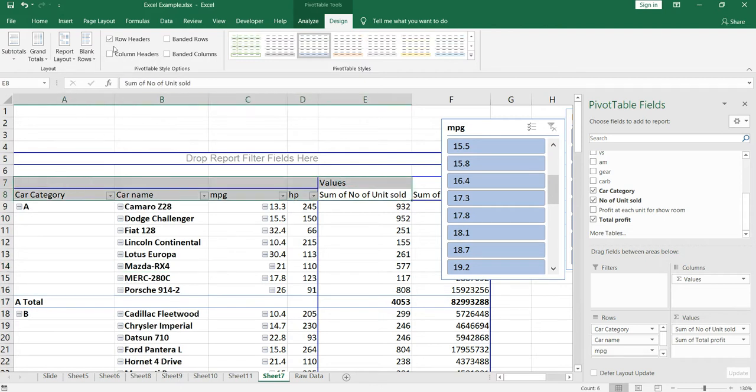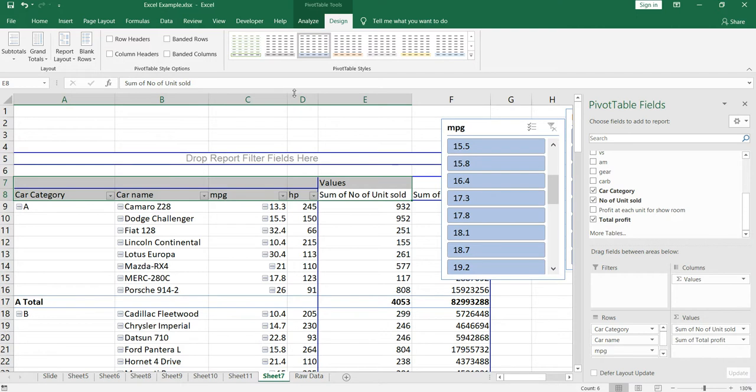So with this row header and this column header, the format is gone, and in the normal pivot table the row headers will either disappear or will not get highlighted. Basically the highlight feature will disappear.